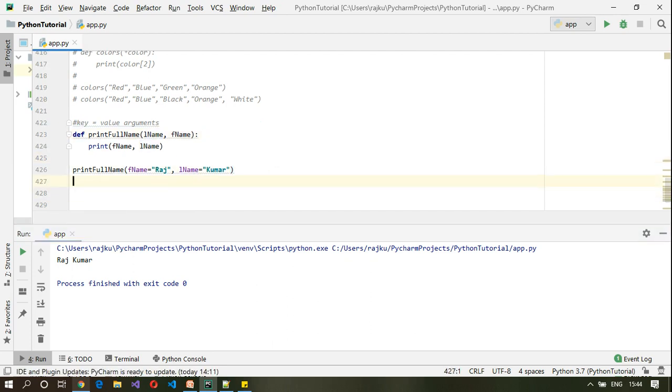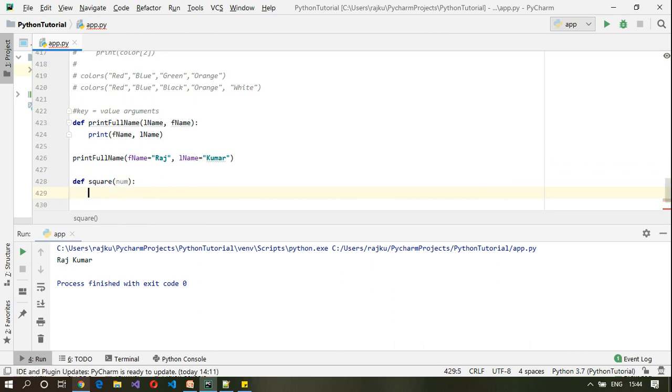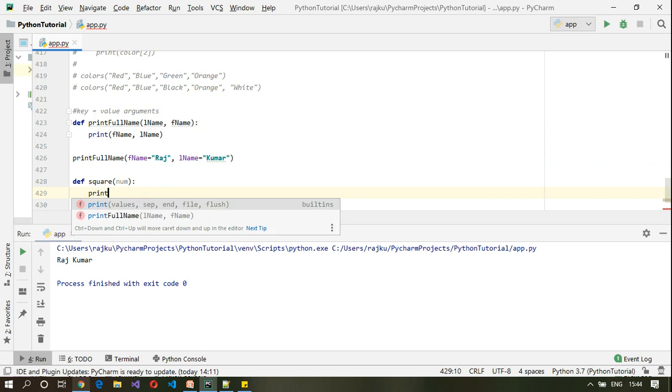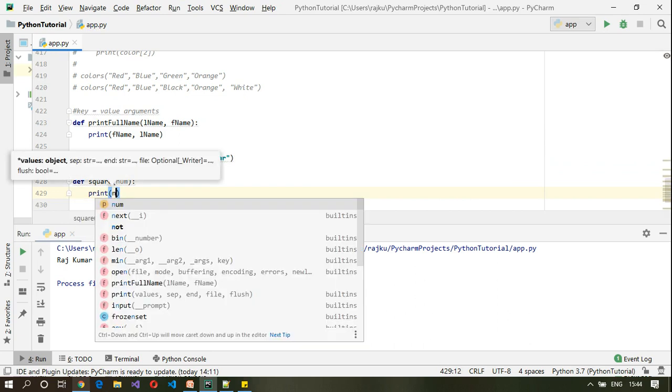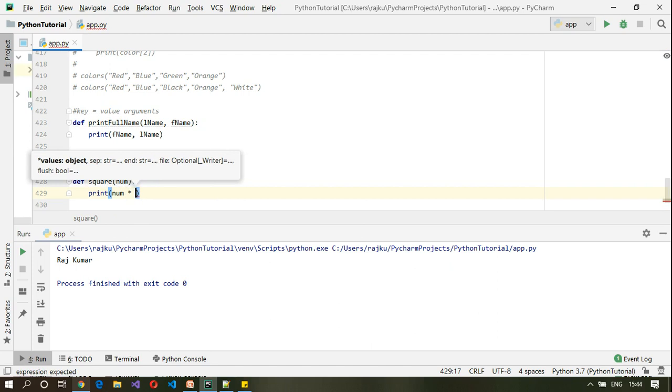Let us take a look at how we return the result. Till now we were printing the value within the function. If you want to return a particular value, how do we do it? For example, I want to print the square of a number. Square of number. Here I'm going to print num multiplied by num.